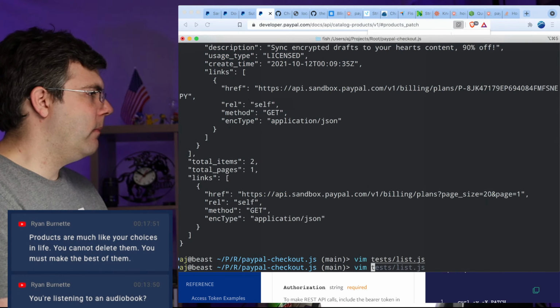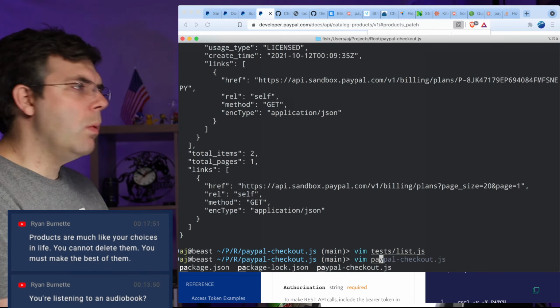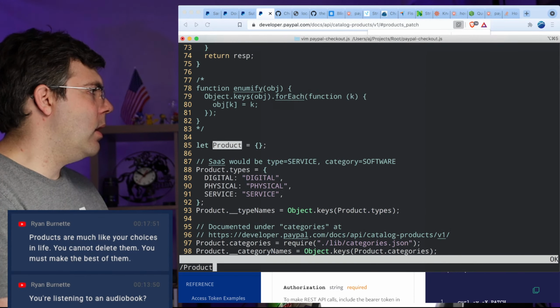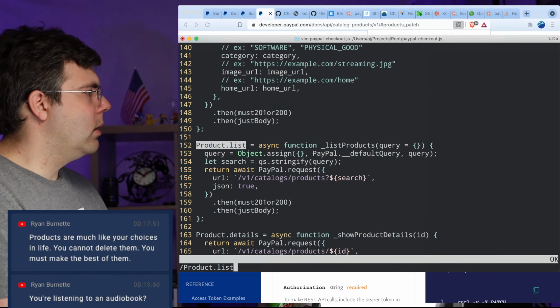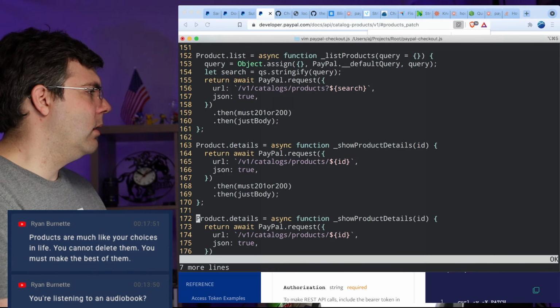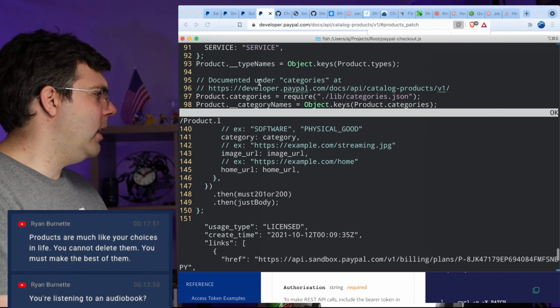I think I do want to add product.update. I don't know that product.details is actually that useful. I've got half of mine to just delete it, because is there any extra information?